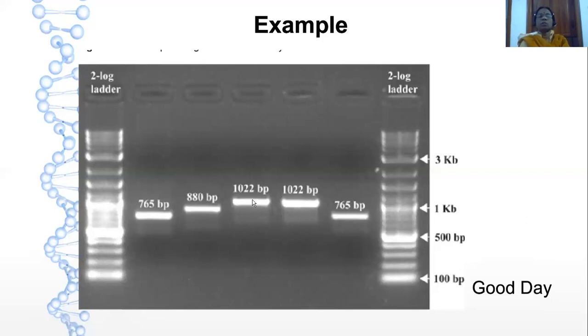Similarly, you can see these two lanes are one and the same here. So lane 3 and lane 4 have the same sample. Lane 1, I'm sorry, this will be lane 2, as our lane 1 consists of the ladder. So lanes 2, 3, 4, 5 and 6, the sixth lane. 2 and 6 are the same. 1 and 7 are the ladder, and 4 and 5 are again the same sample. We have one unique sample which has 880 base pairs.